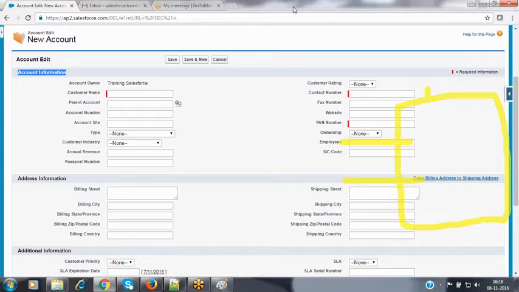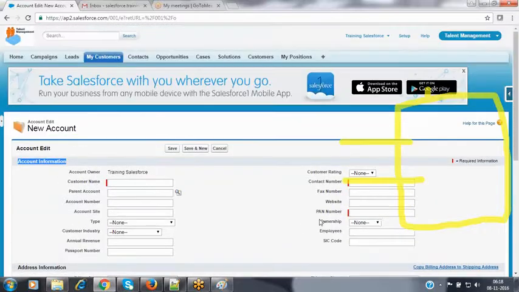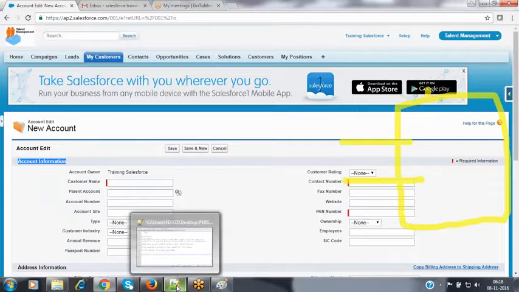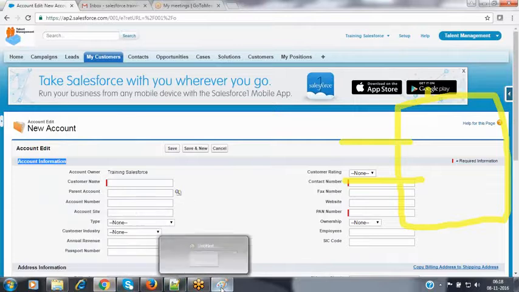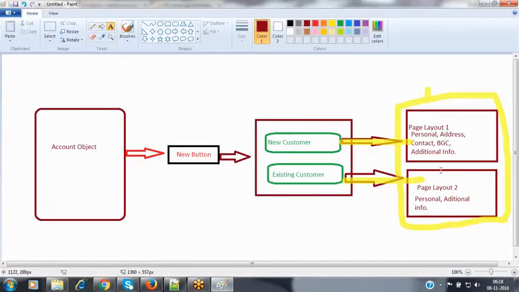When coming to your requirements, if you get a requirement that we have to differentiate the pick list field values based on the record inside the same object, the solution is record type. Now we will see how we can configure these record types. Before configuring the record type, I need the page layouts, page layout 1 and page layout 2. These 2 page layouts will have different sections, different sets of fields, and different pick list values. Now, let's see how we can configure the page layouts.